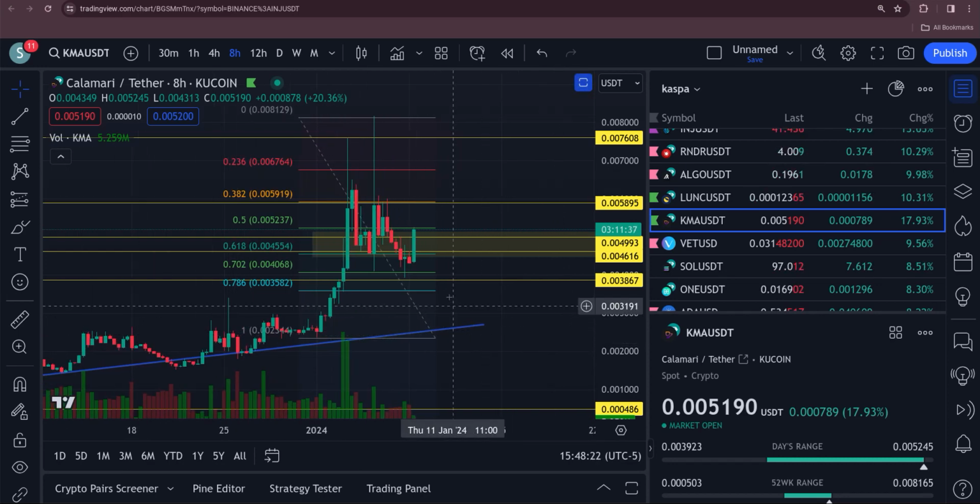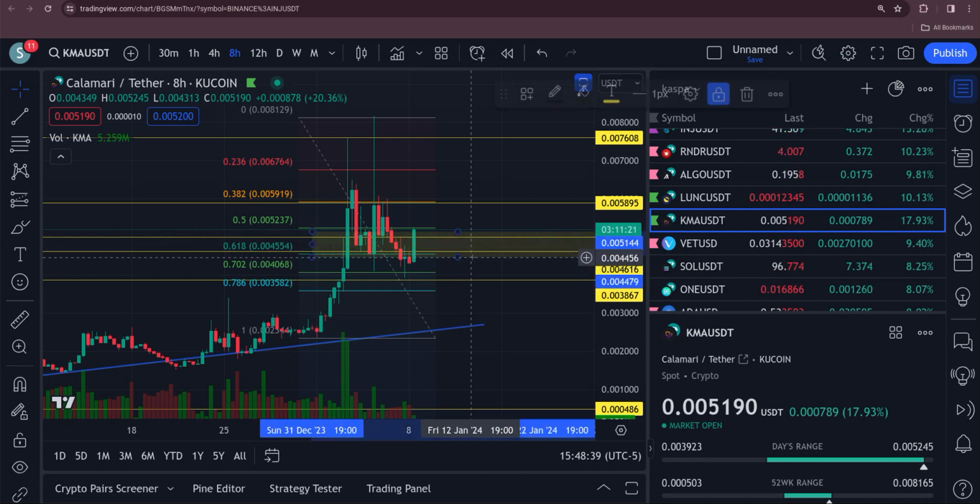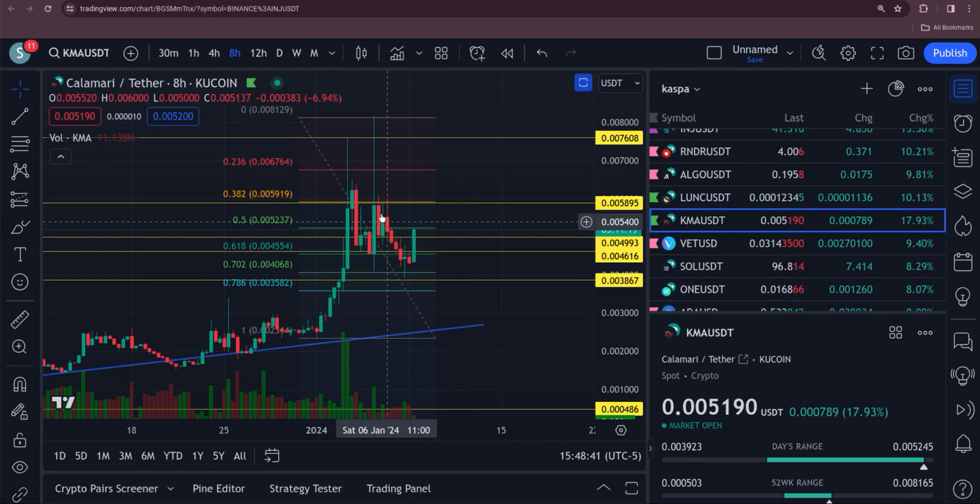All right, if you got in down here where we have projected, congratulations. It wicked down just a little bit deeper, down to 0.004. We were looking for anywhere from 0.044 up to 0.005. All right, so congratulations if you got in on that pullback,